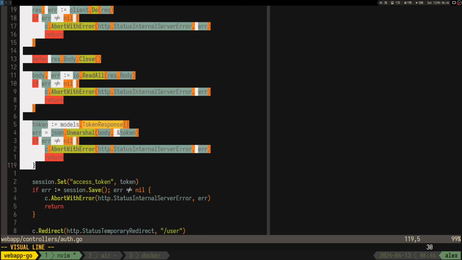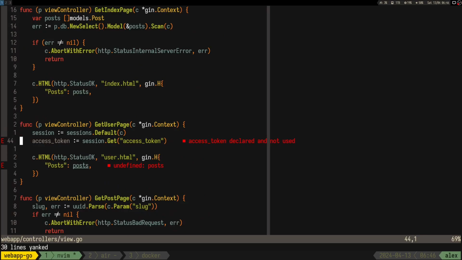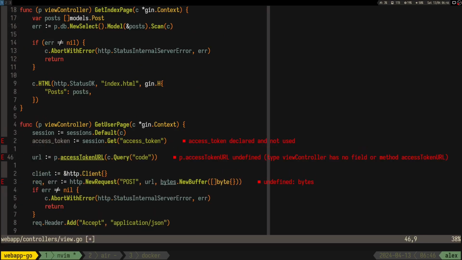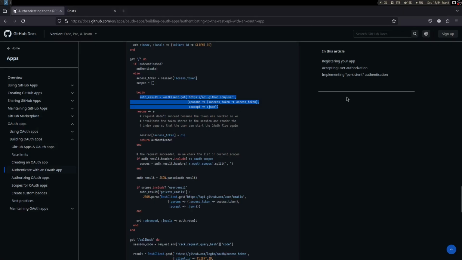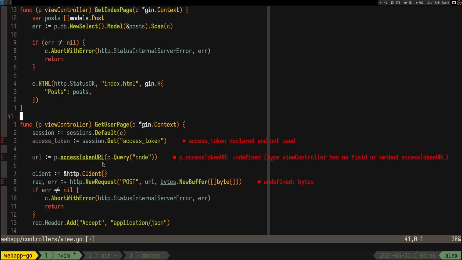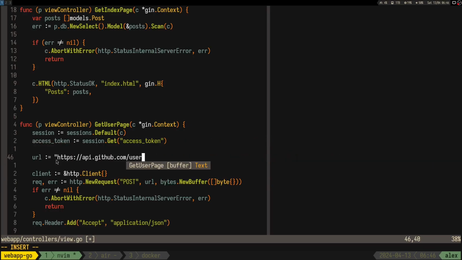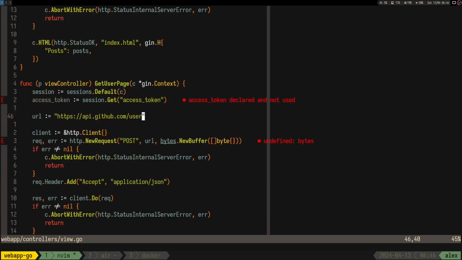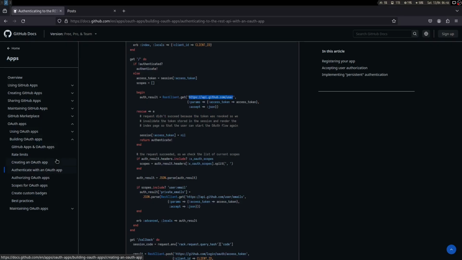Let's just copy paste everything for the moment, and we need this API. Okay, so let's just copy this thing, and again we might do some better stuff for this, but for now